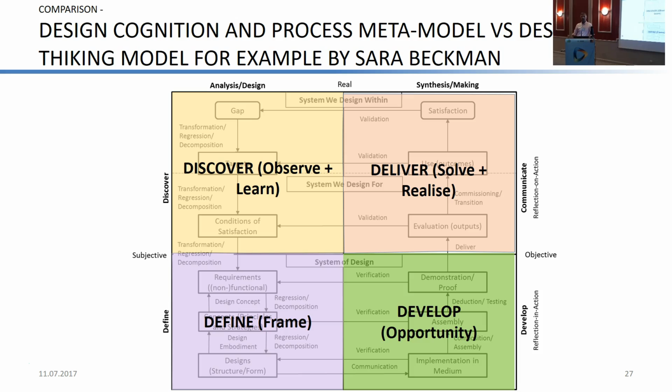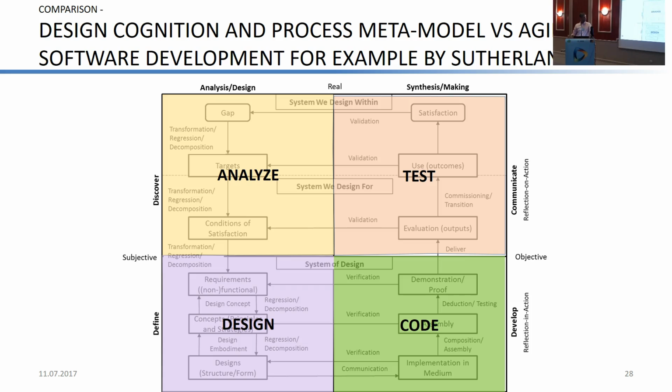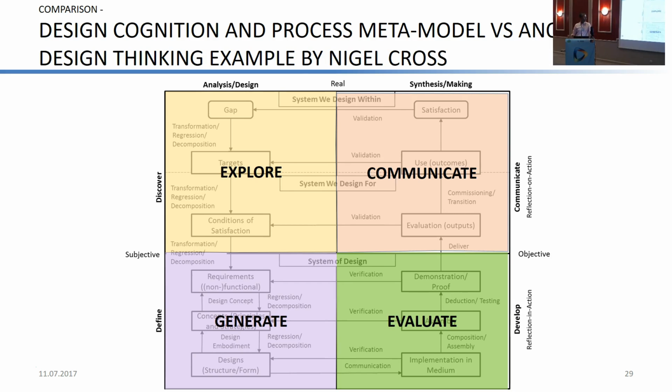So as I said, there are many design theoreticians. They have given so many different names to these things, but most design models are black boxes. They don't describe what is actually happening in those different stages. They just say that we go through the discovery, define, develop, and delivery stages, and these are iterative, yes, the cycle. Not very helpful. Then Agile, software engineering, the same thing: analyze, design, code, test. Or another one: explore, generate, evaluate, make.